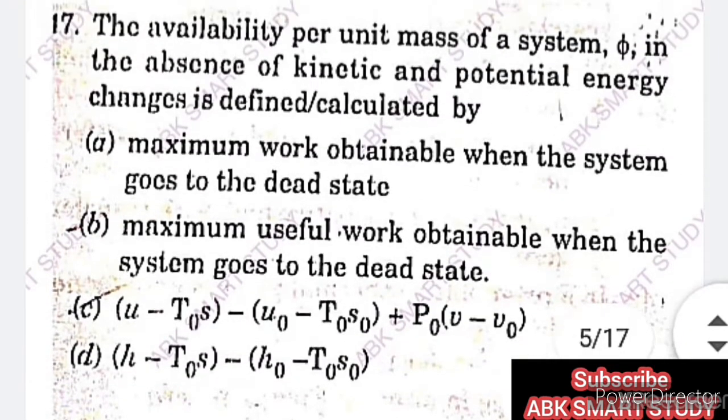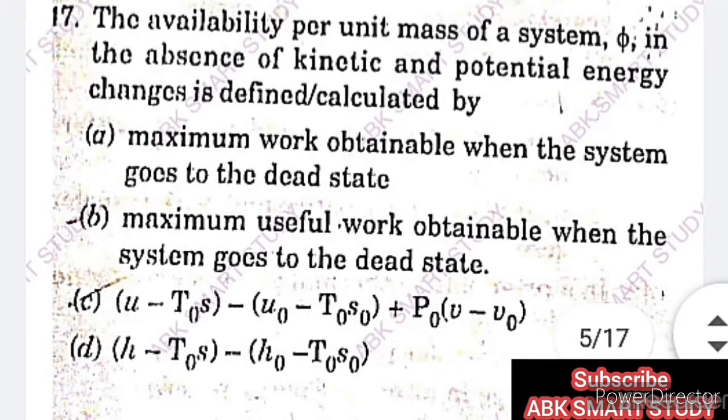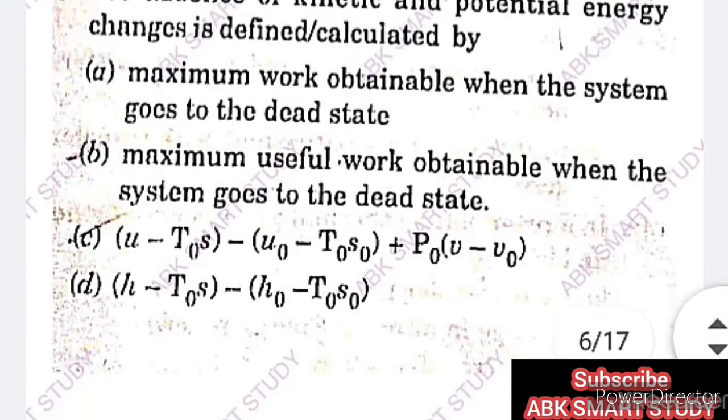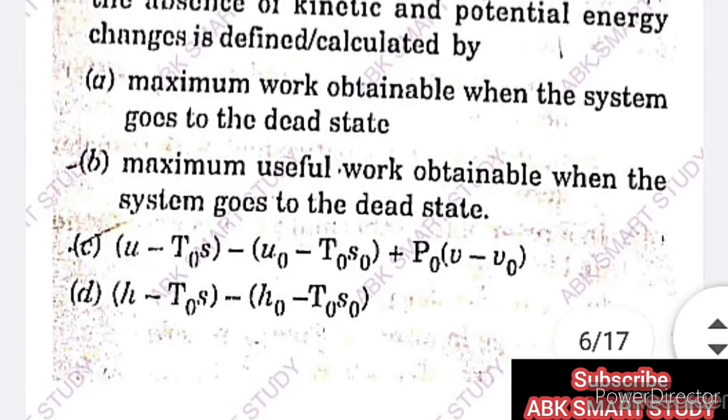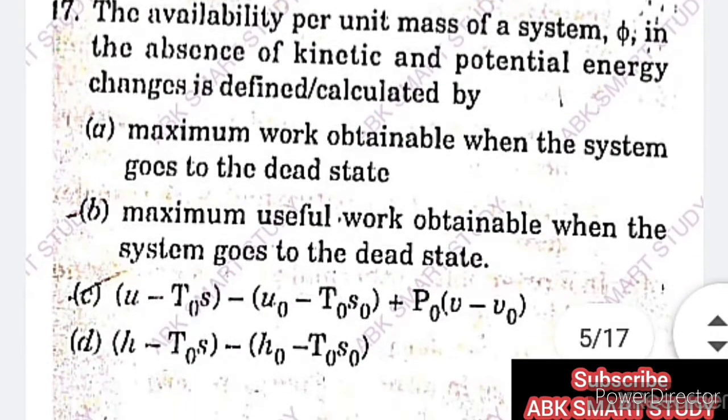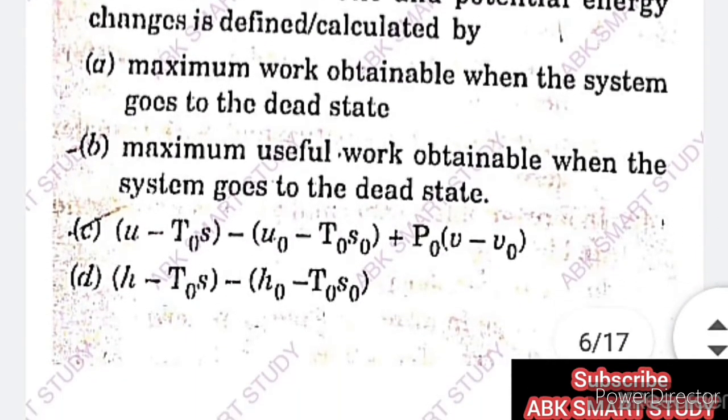So here the availability per unit mass of system phi is given by the equation. Option B is also correct and option C is also correct. So both options B and C are correct for the availability per unit mass of system phi. So here options B and C are the correct answer. Next question: